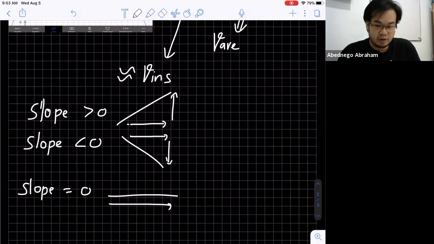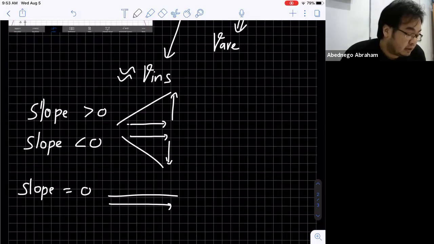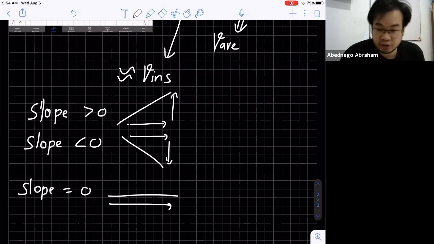So it's neither. If you look at example 1, when x equals a, if you draw a tangent line, the slope will be positive, right? So it's basically increasing. And when x equals b, the slope is negative, so it will decrease. And when x equals c, because it's the top of the graph, if you draw a tangent line, it's going to be a horizontal line. So we say that it's neither increasing nor decreasing. Okay, any question? So that's for example 1.